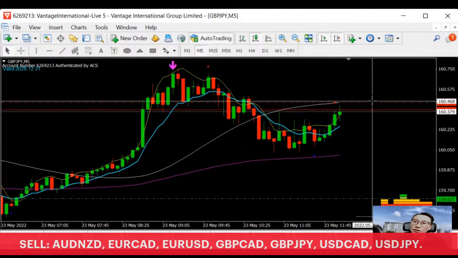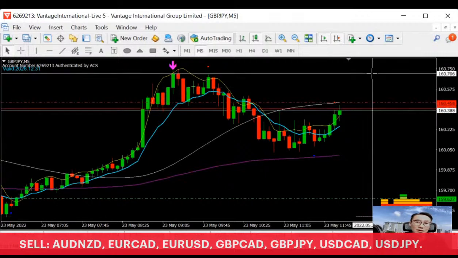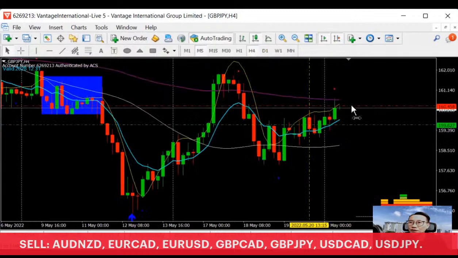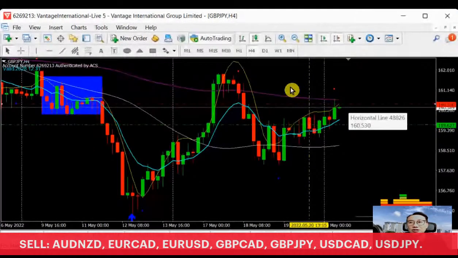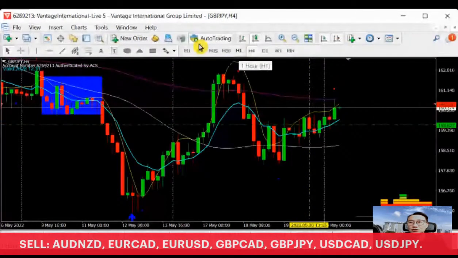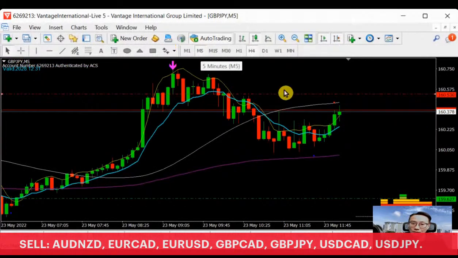So why am I saying so? Because we are still in the resistance. Let's say in the H4, as we see over here, in terms of this swing, this continuity swing, it's actually showing we are still in the resistance area. This is a support area. This is still in the resistance area. So by looking at this point here, you still have plenty of chance to stop here.